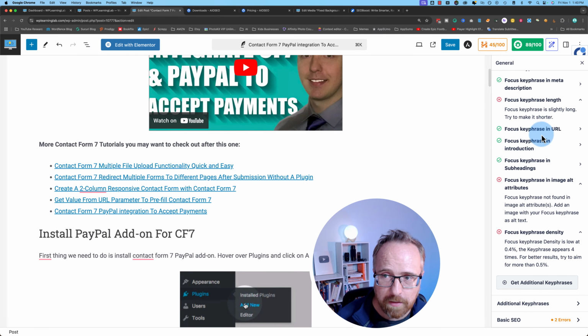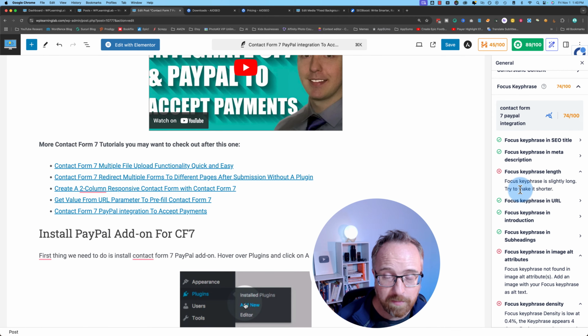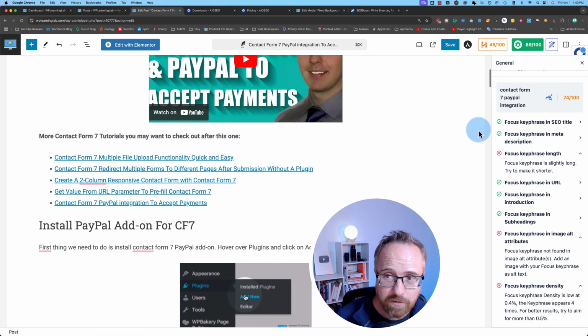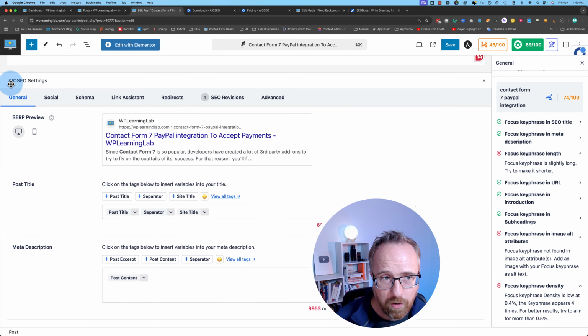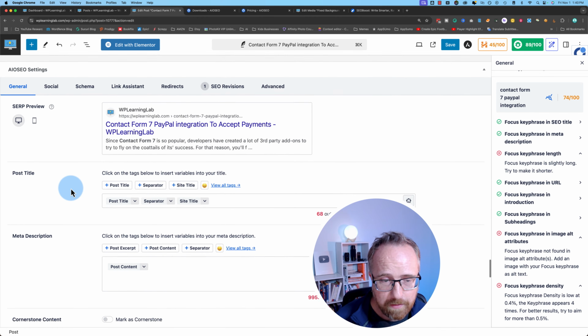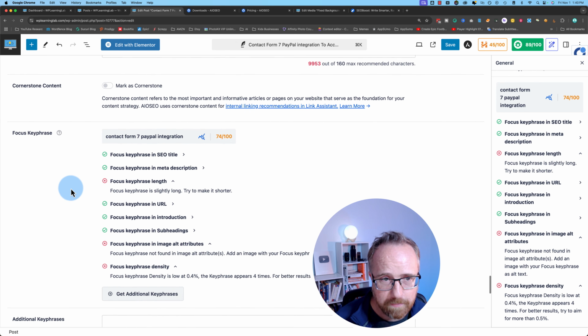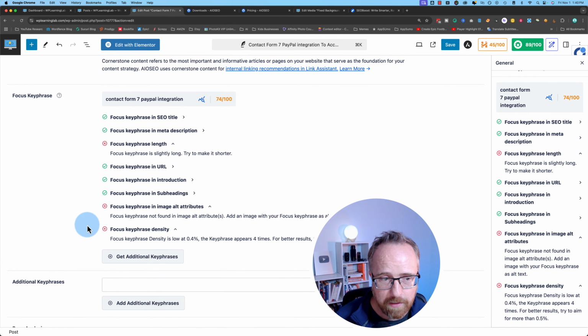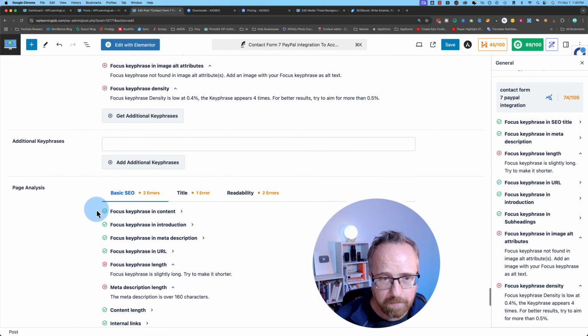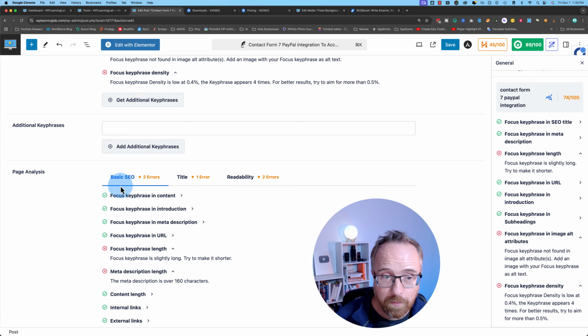And if you think viewing your SEO information in the sidebar is a little bit cramped, you want more space, you can scroll down to the very bottom of the page and you'll see an AIO All-in-One SEO settings panel. If you're on the General tab and you scroll down, you will see the focus key phrase area. So you can add it in right there. Suggestions right here, additional key phrases right here, page analysis down here, and you can walk through all these steps